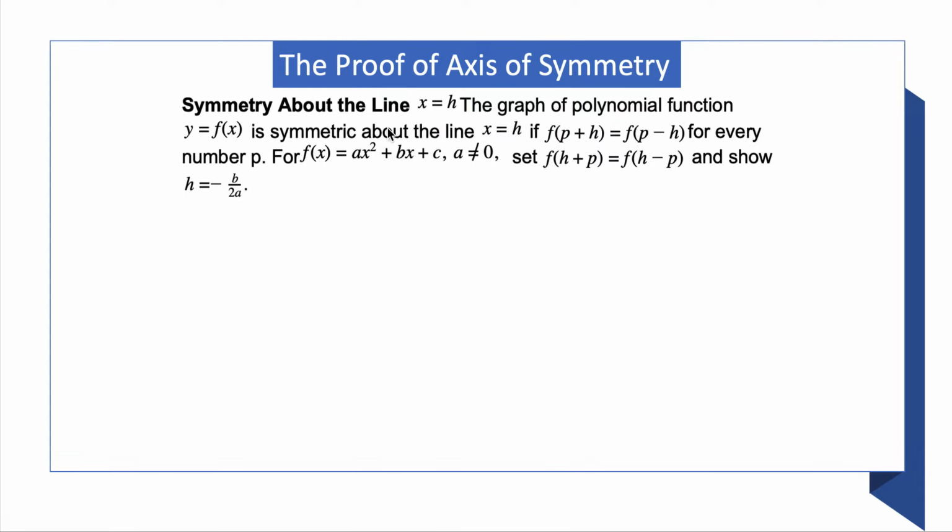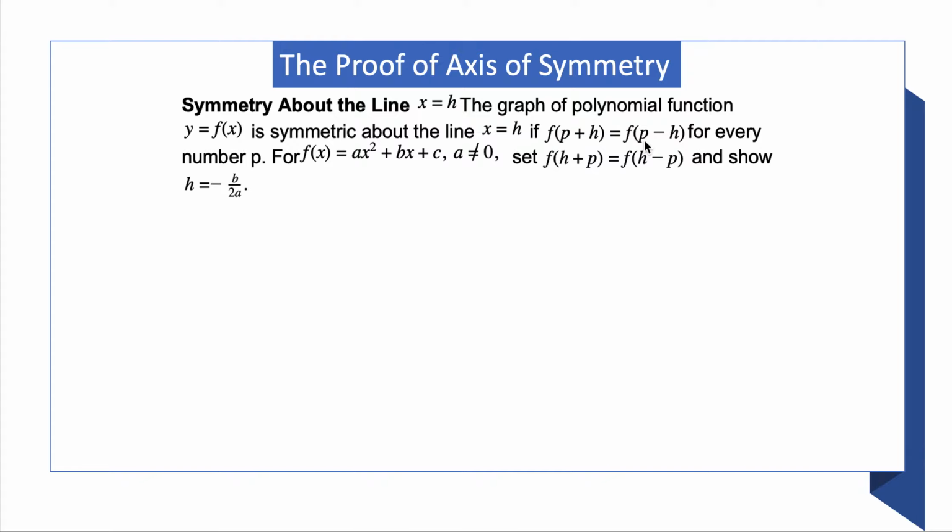Symmetry. Symmetry about the line x equals h. The graph of a polynomial function y equals f of x is symmetric about the line x equals h if f of p plus h equals f of p minus h for every number